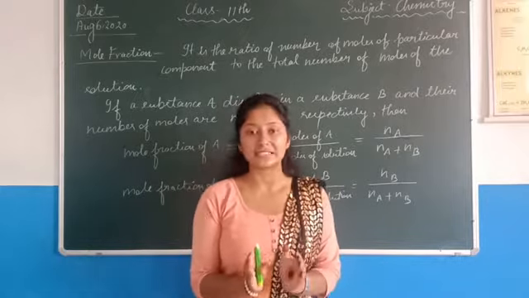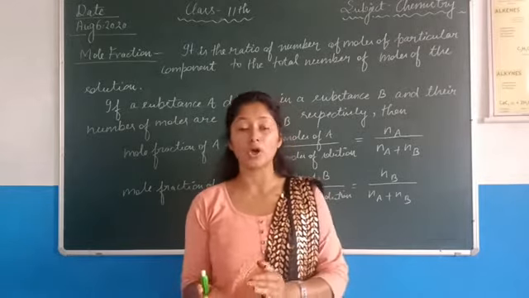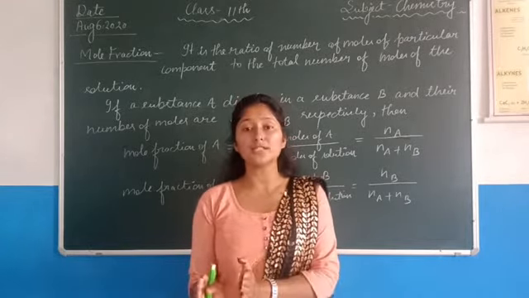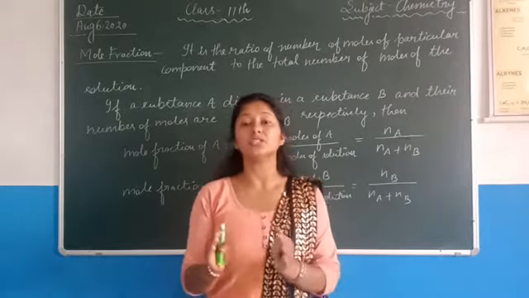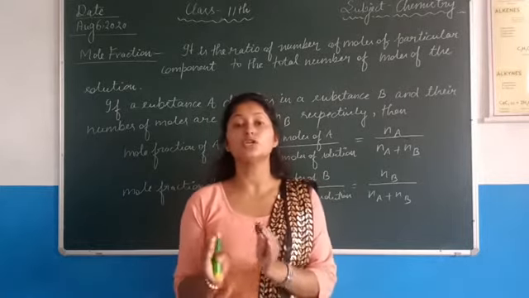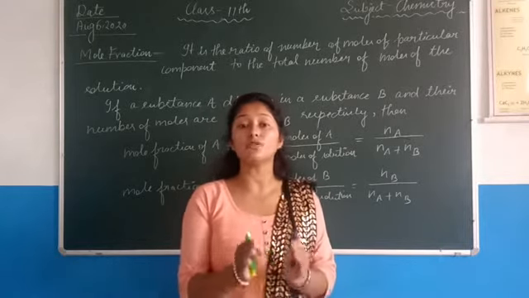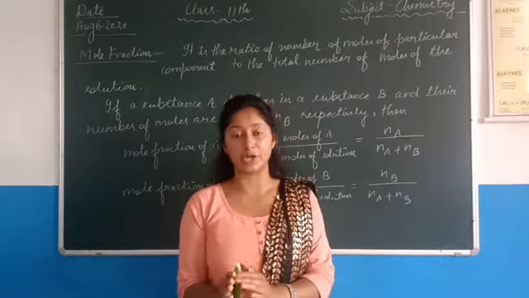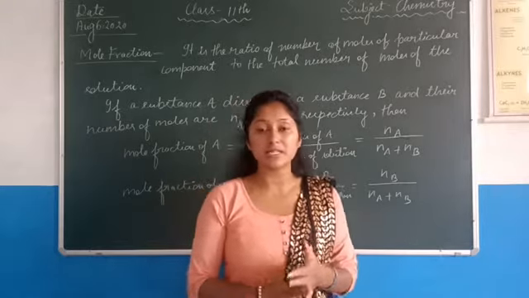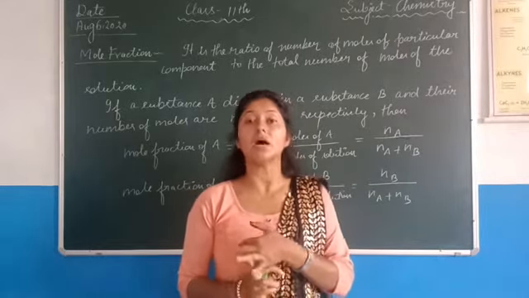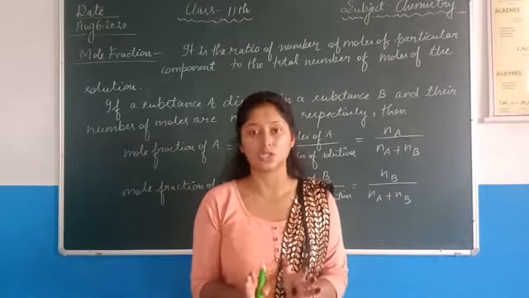In the previous class we discussed limiting and excess reagent as well as reactions in solution. Also we discussed there are two components of a solution. One which is present in lesser amount is called a solute and one which is present in excess amount is called solvent. And the amount of solute present in the given quantity of solvent is the concentration. And there are various ways to express concentration such as mass percent, volume percent and parts per million. And now we are going to discuss another way to express concentration.